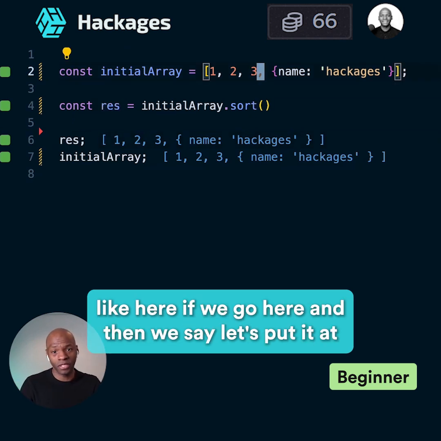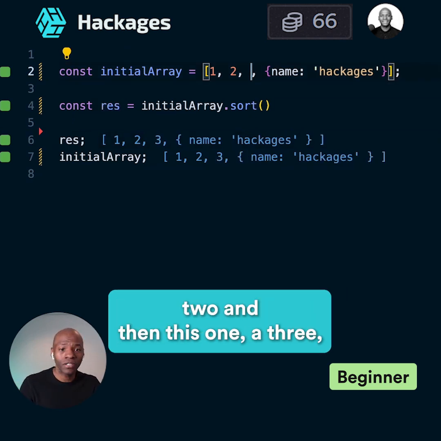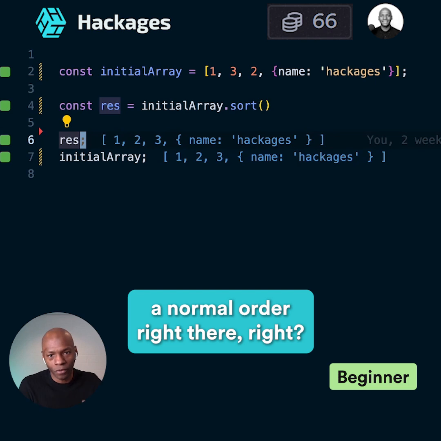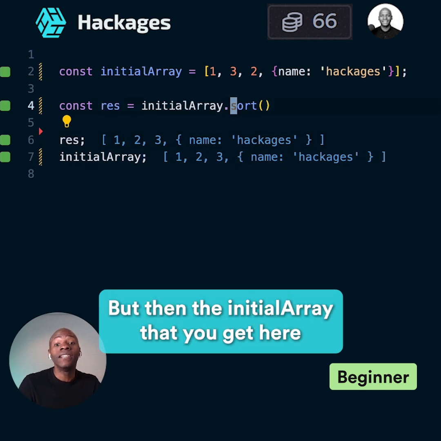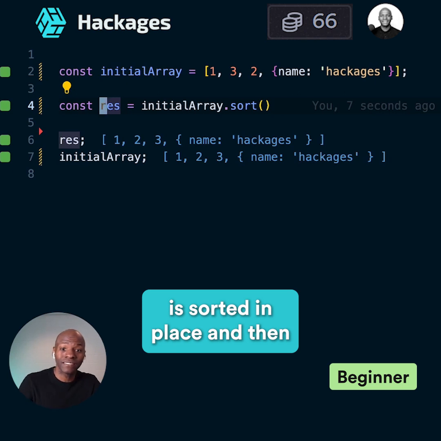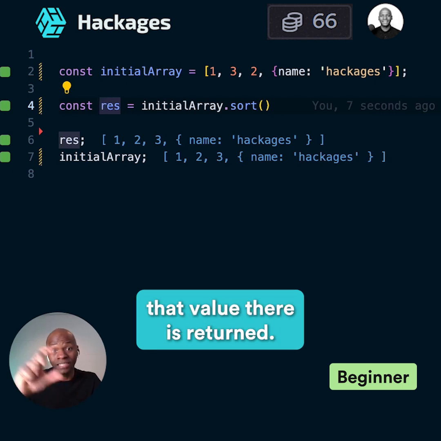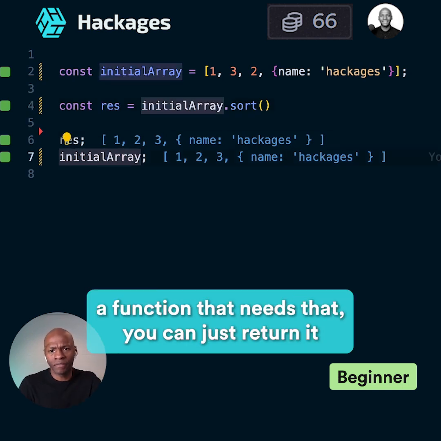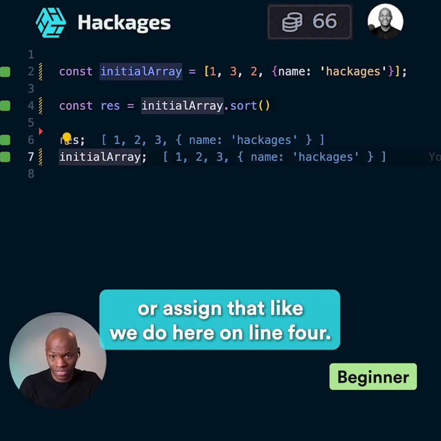Like here, if we put this one at 2 and then this one at 3, you're going to see that the result is actually sorted in normal order right there. But then the initial array that you get here is sorted in place, and then that value is returned. So you can just return that if you're writing a function that needs that, or assign it like we do here